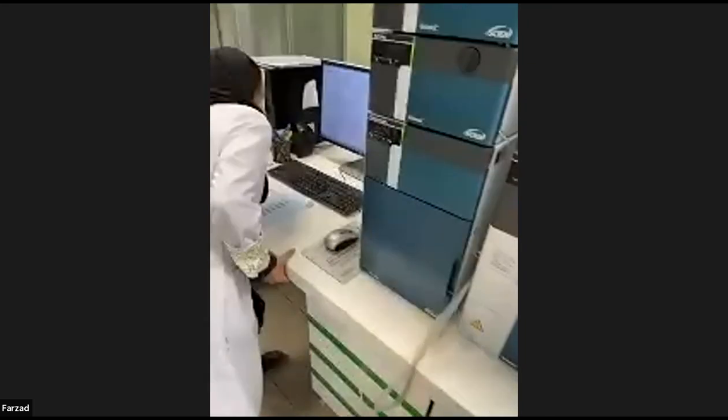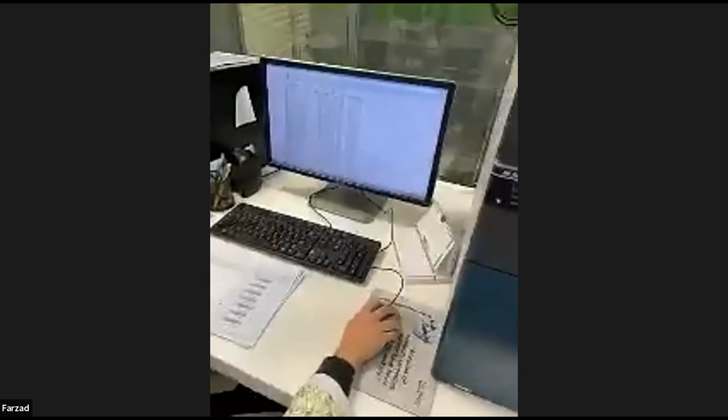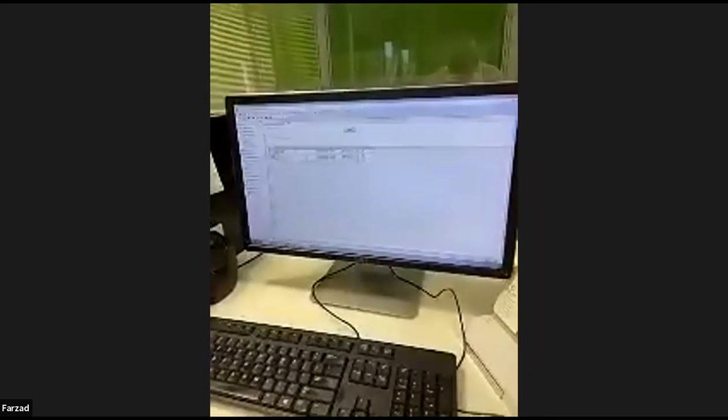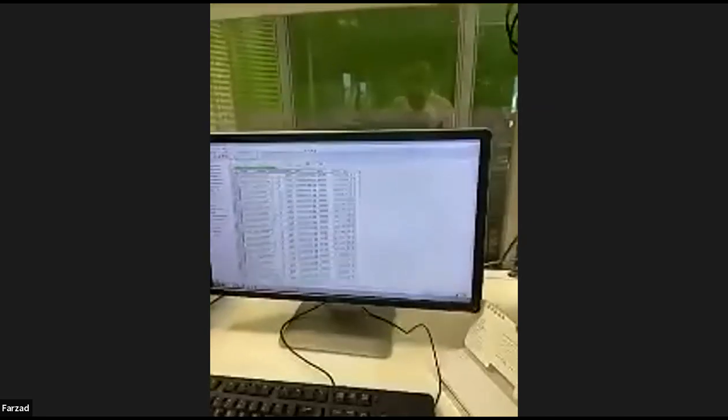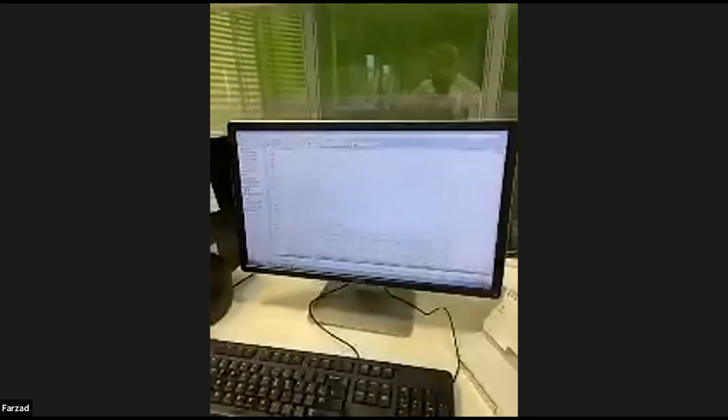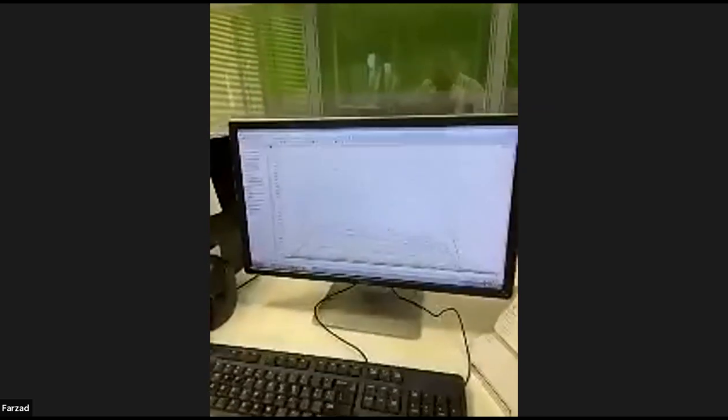And after the injection, we'll get the signals. I'm going to show you the generation of the signal as it goes, and you will see all the graphs as I've shown you before. It takes just a few seconds. This is the previous graph that we had for the previous sample, but